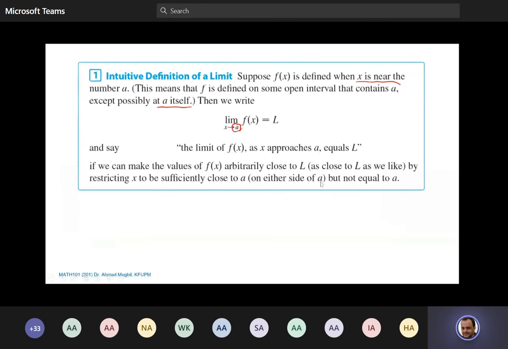Now, using this symbol notation, we will write it as the limit of the function as x approaches a is equal to L. This is how to read it: the limit of f(x) as x approaches a equals L. Roughly speaking, this means that when x approaches a,